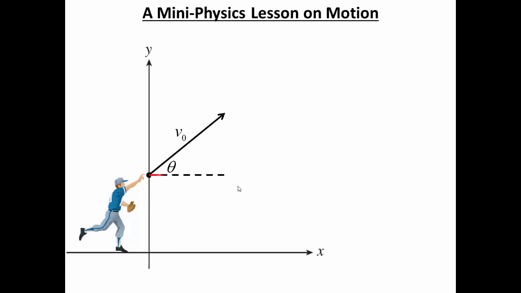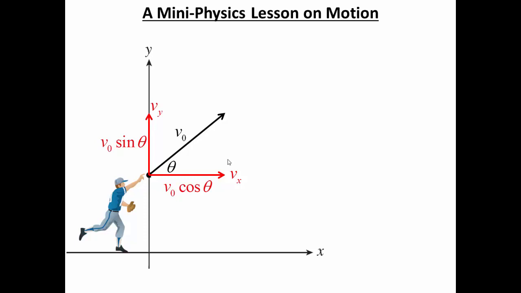Now that vector can be broken into two components, your x component, so I just called it v sub x, and your y component, v sub y. Now remember, v sub x and v sub y represent your velocities in the x and y directions. Because if you think about it, when you throw an object, the position in the x and the position in the y have nothing to do with each other, as do their velocities have nothing to do with each other. As you're traveling from left to right, you're just going to travel along in your merry way, but you're also going to be traveling vertically up and down, first up and then down, but that's not affecting how it's traveling from left to right. So we can separate it into those parametric equations